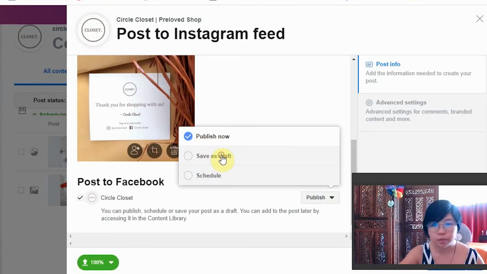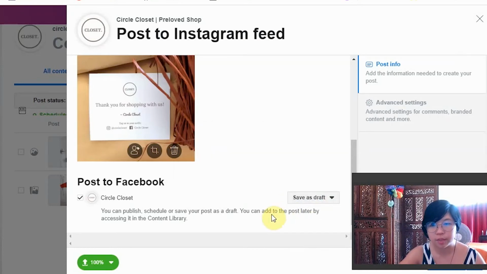So for Facebook, I usually save everything as draft because I know that I will have to change it. And also the scheduling for my Facebook page is a bit different than my Instagram page. So that will all depend on your scheduling and your branding